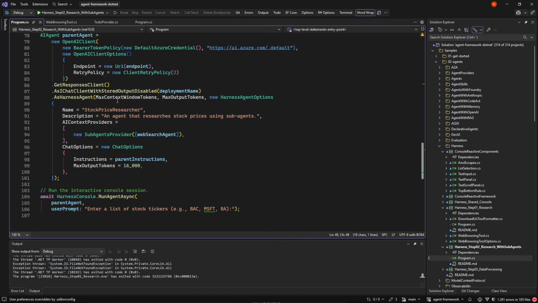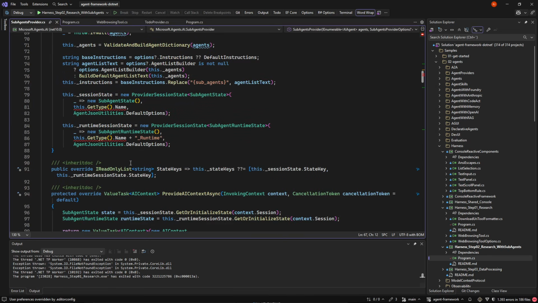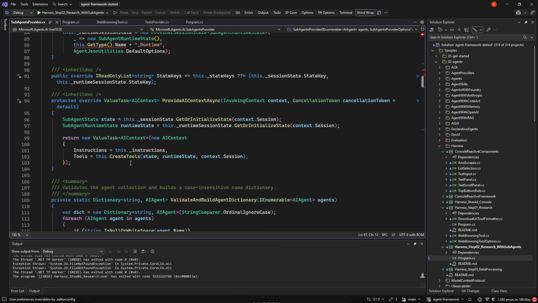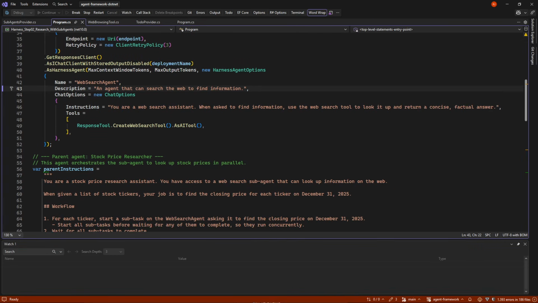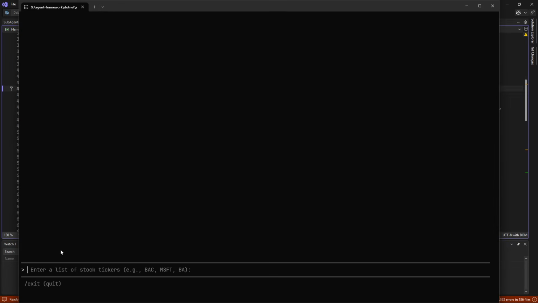And in a parent agent, it gets that it can have sub-agents, which is just a way of spawning new agents on the fly if need be. So if we start this sample, it needs to get some stock tickers, so Microsoft, and let's take Atlassian. It's easy to remember, that's called team.